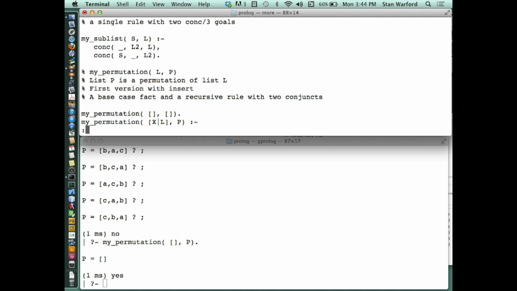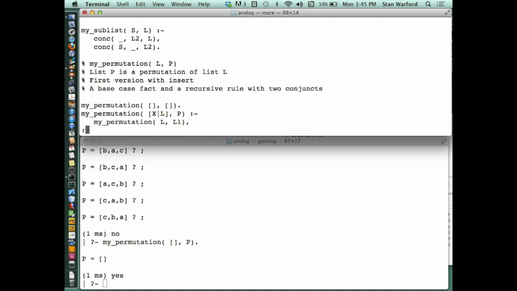Is L bigger than or less than P? Is L longer than or shorter than P? Shorter than. So first you got to get the L. My permutation L, yeah, my permutation has 2. Okay, so my permutation L1,